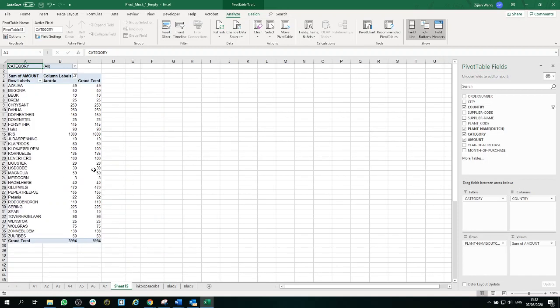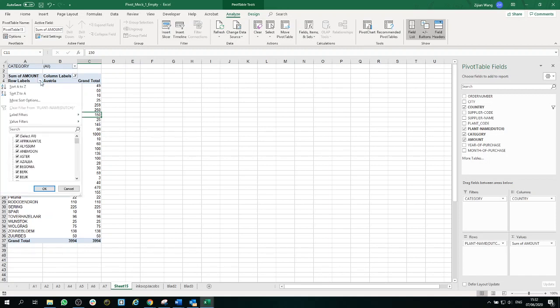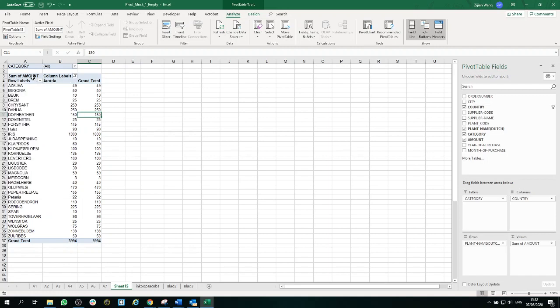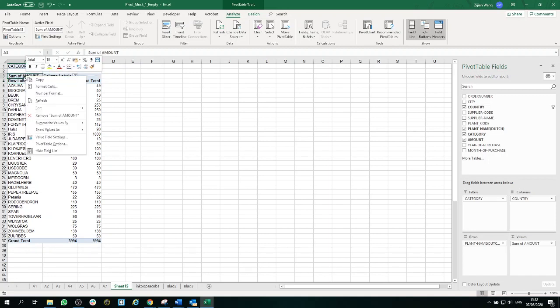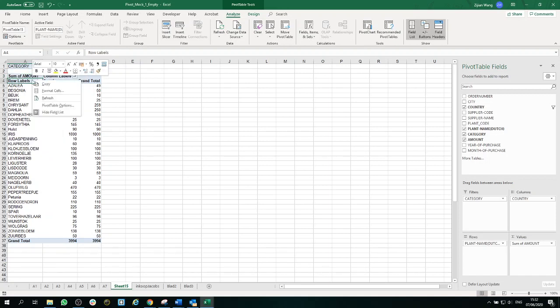Alright, and we still have a larger table than the screenshot shows. Based on the instruction, it says show the 5 most popular types of plant. So not everything, but just the 5 types of most popular ones. Just now we practiced with the top 10, and let's go ahead and choose the top 5. So here we have the sum of amount, and then we can go to,